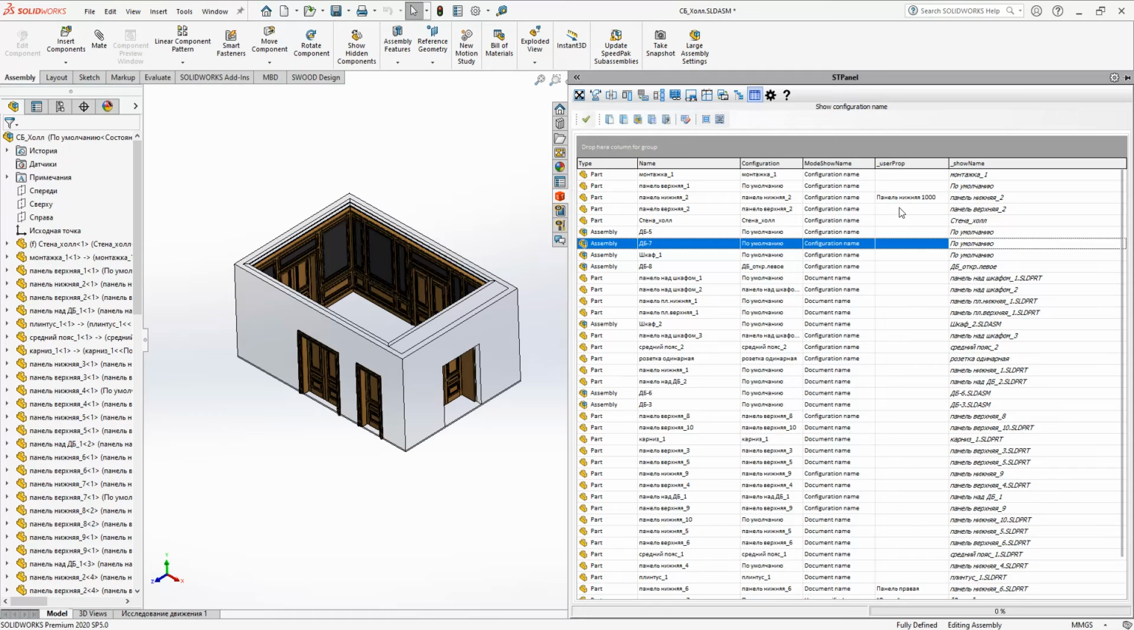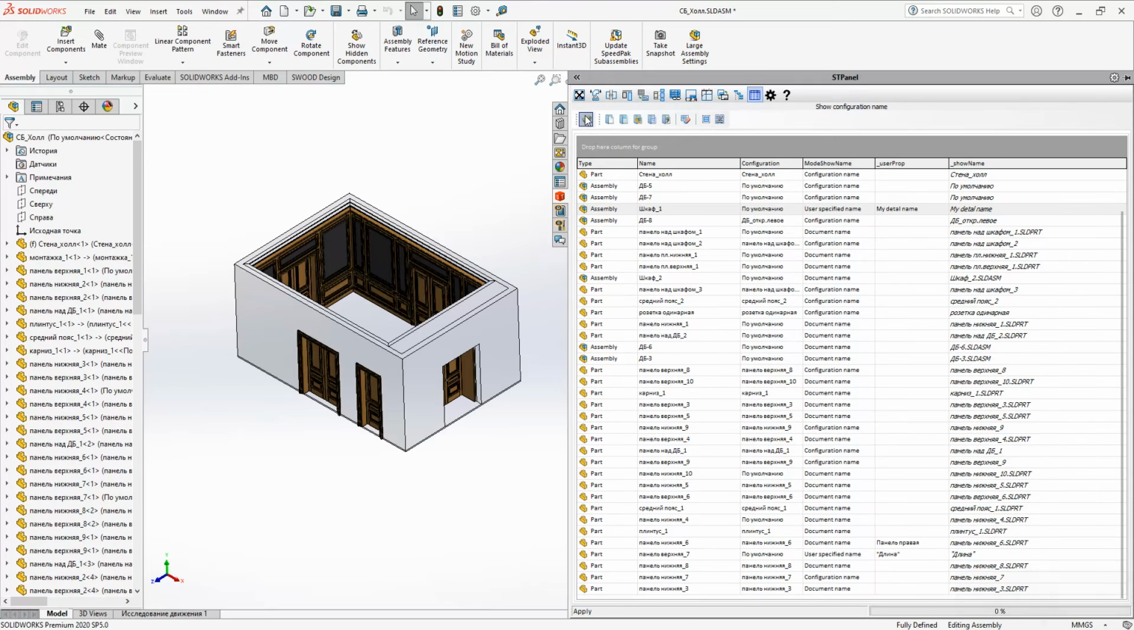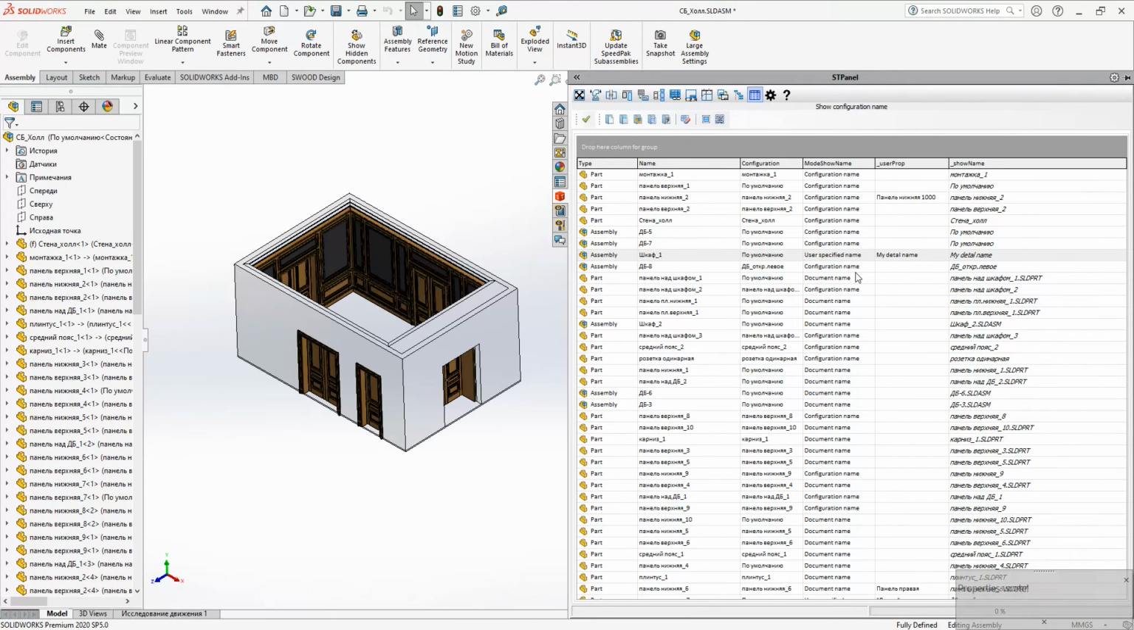What else? I can set user specified name, and I can write user properties to username. For example, my data name. After writing, you can see the show name will be my data name. I can synchronize